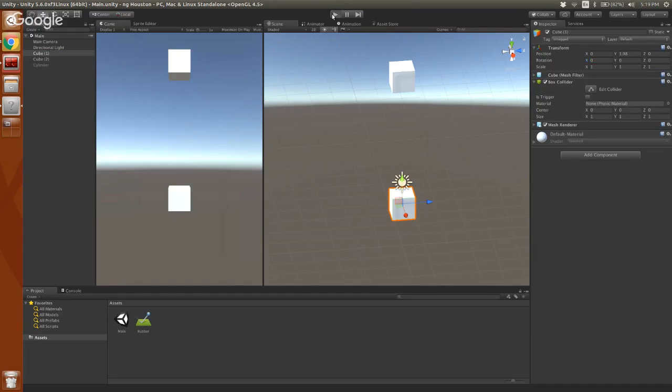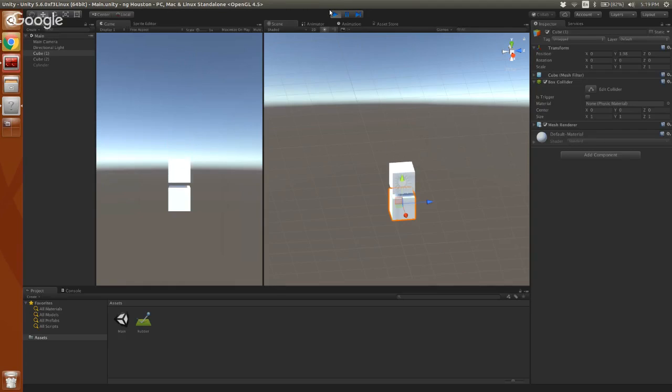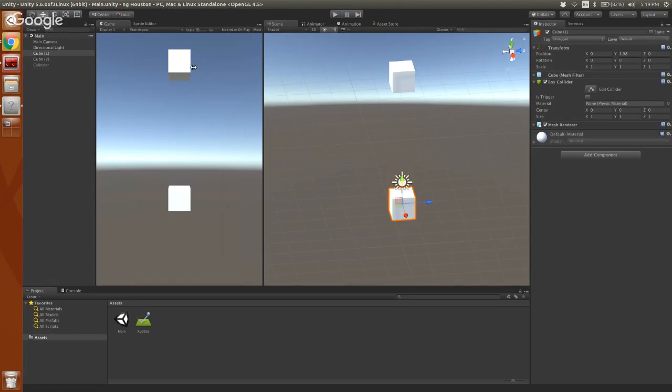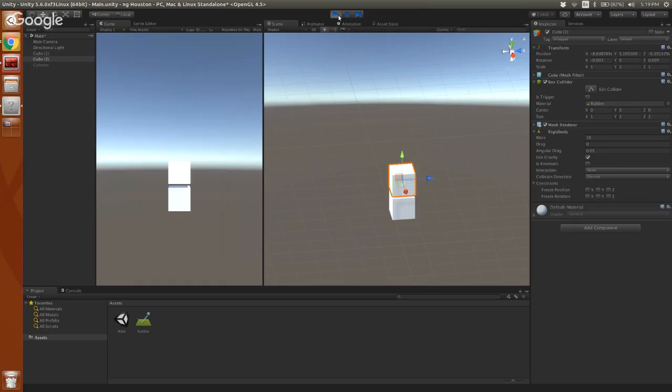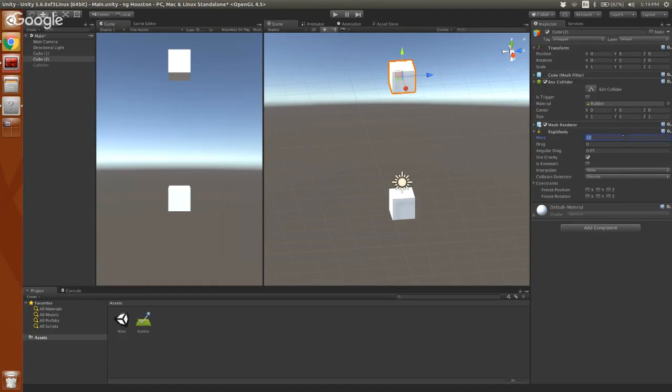And we can also try one more thing after this. So let's see how this bounce goes. All right, that's a little bit more of a bounce. And I think if we go and mess with other physical properties, like setting the mass of this cube higher, that might also make the bounce higher, because then it's a heavier version of itself. Maybe not. But you can play with this.